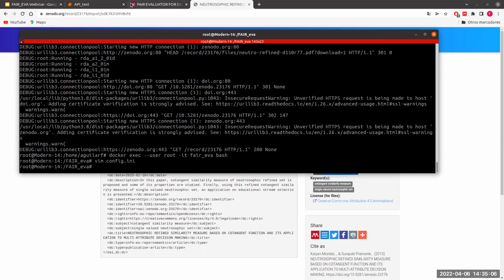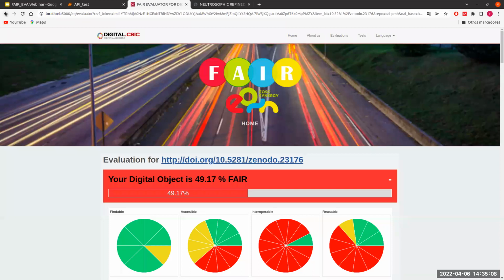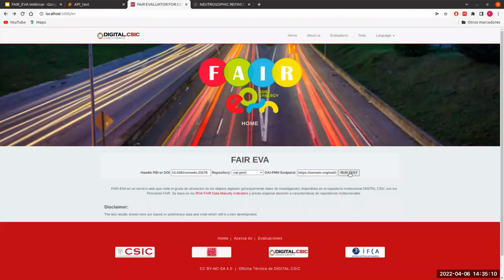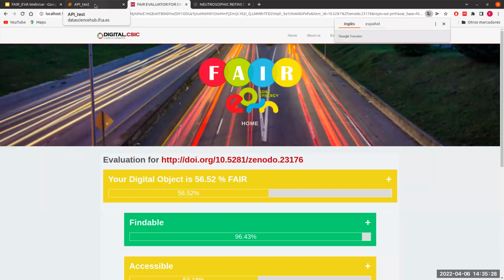And then, well, it will be restarted and we can launch the test again. And instead of 49, I expect to get a new value. It takes time because it's 43 tests to be performed.